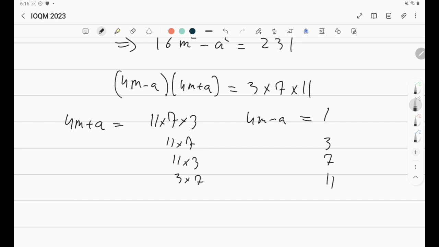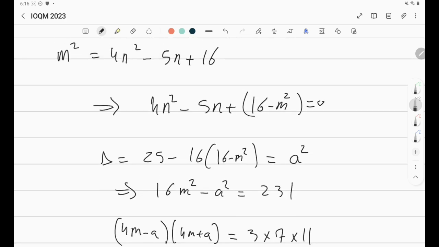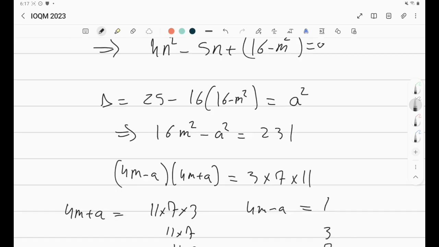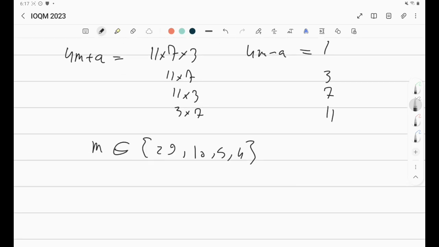If you add them, you can get the value of 8m, and you'll see actually that m itself is one of these values: 29, 10, 5, 4. So now for each one of these, you're gonna plug it here, you're gonna find n, and it's really easy because you can just factorize it, since the roots are integers. For each one of them, you're gonna get a solution, but remember, we need to maximize m minus n,